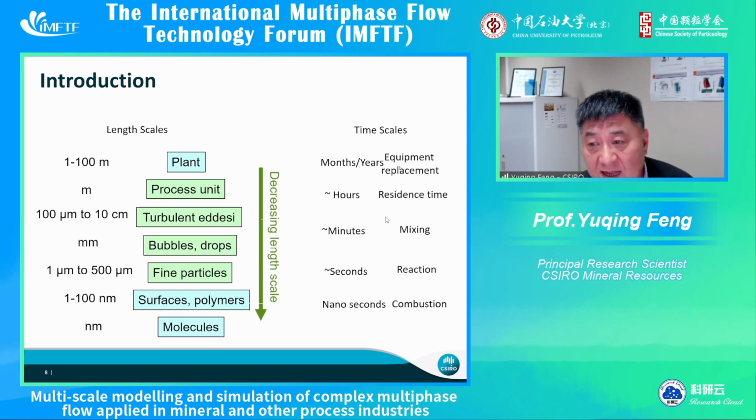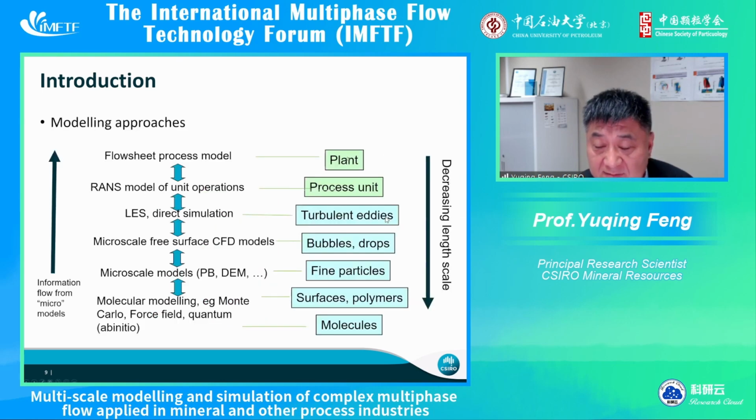If we focus on the plant scale, the thing we care about, from the plant to the molecule or individual particles, we decrease the scale. But for the information flow from the micro model, for a modeling approach, we need detailed modeling such as at the molecular level, individual molecules or Monte Carlo. Then for fine particles, we can model with population balance or DEM type modeling; for bubbles and drops, use free surface type modeling; and for turbulence, certainly we use CFD, the traditional local average control volume CFD approach